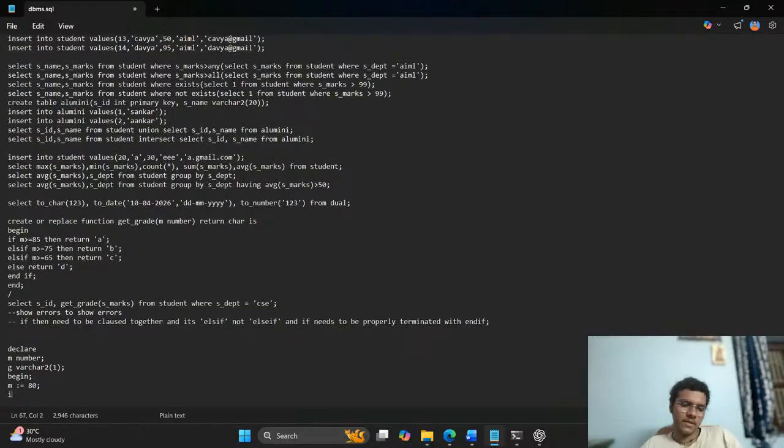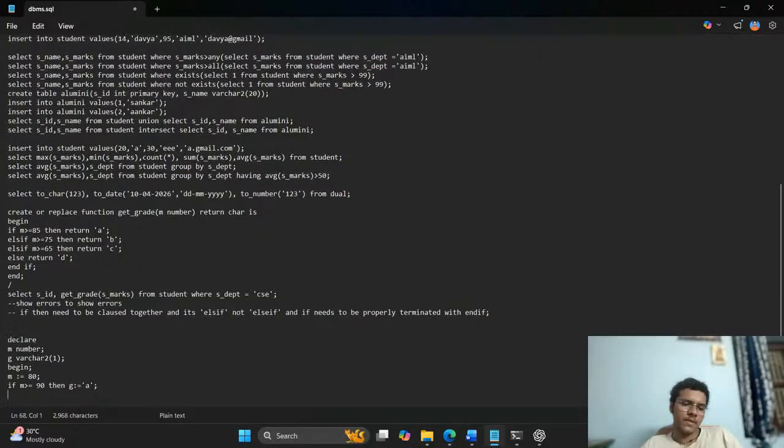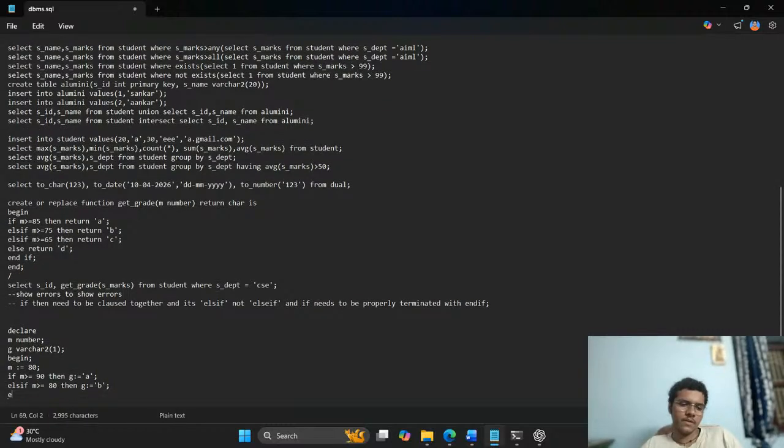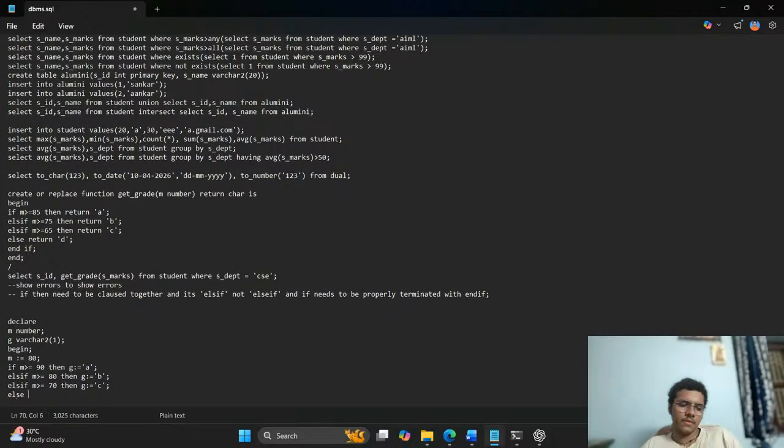M is equals to 80. If M is greater than or equal to 90, then G is equals to A. Else if M is greater than or equal to 80, then G equals to E. Else if M is greater than or equal to 70, then G is E. Else G equals B,